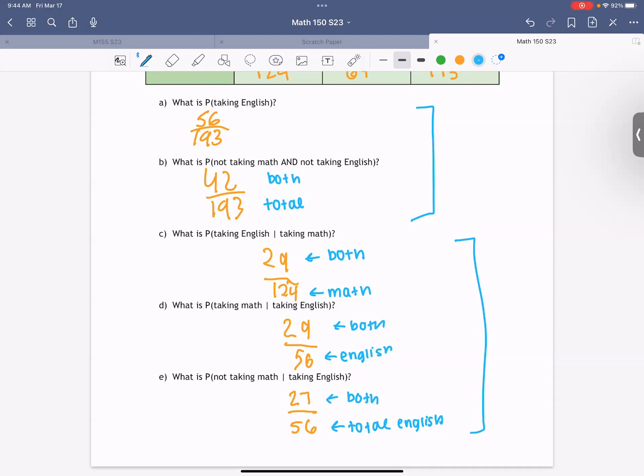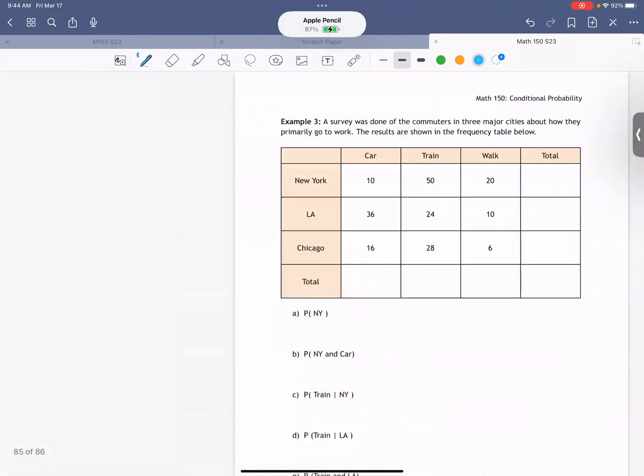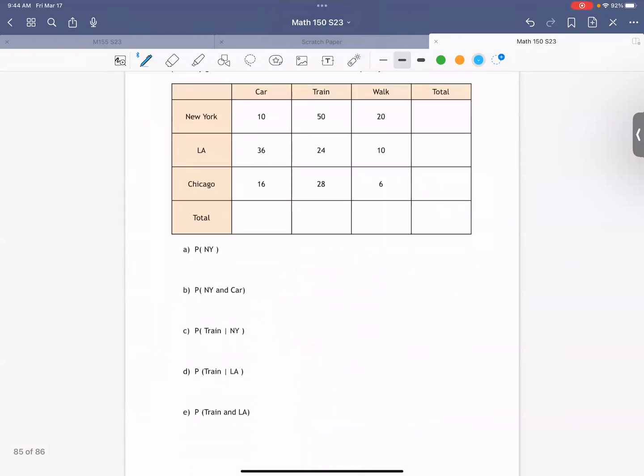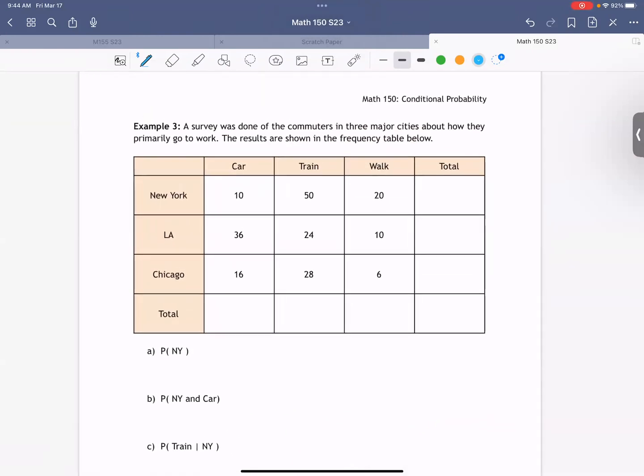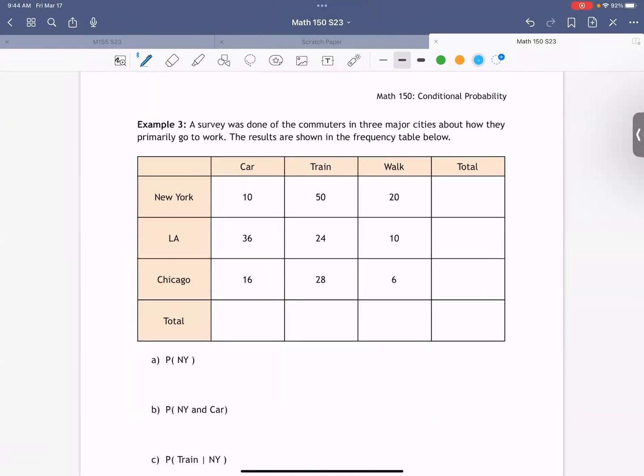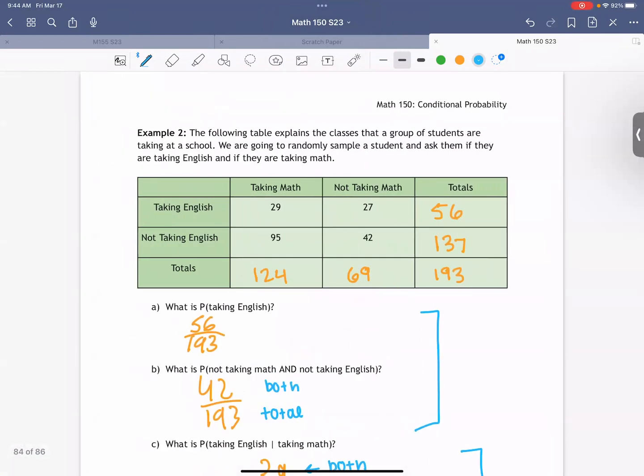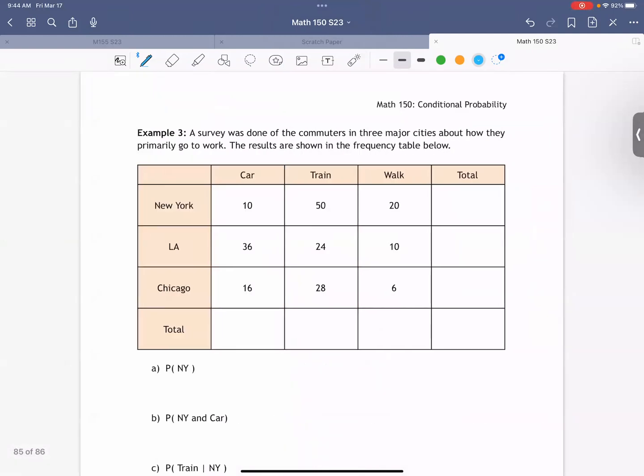All right. Now, I'm taking a look at the next page here. I don't know if we're going to have enough time to go through this whole example, so let me just tell you where we're going. We don't have to have just two situations, right? There are situations where we want to know if someone's taking the car, taking the train, or walking. So not just two situations going on.